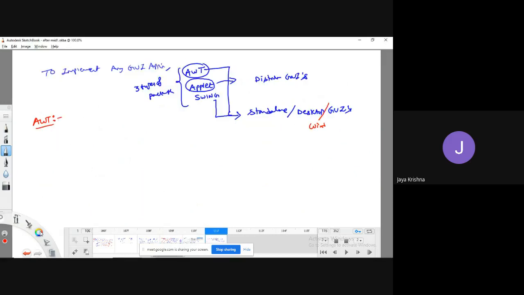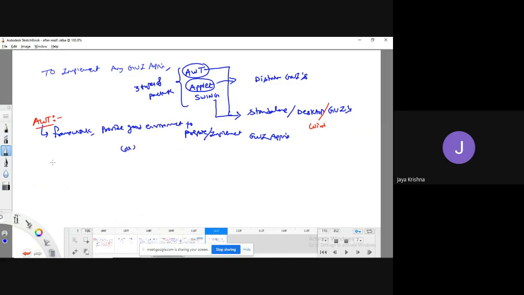If you would like a technical definition, AWT is simply a framework which will provide a good environment to prepare or implement various kinds of GUI applications.